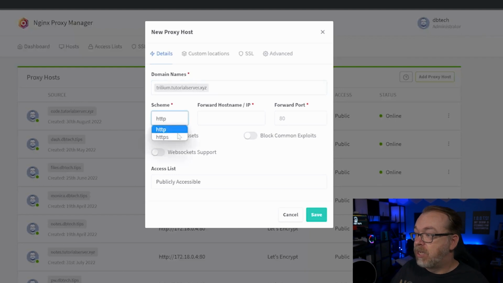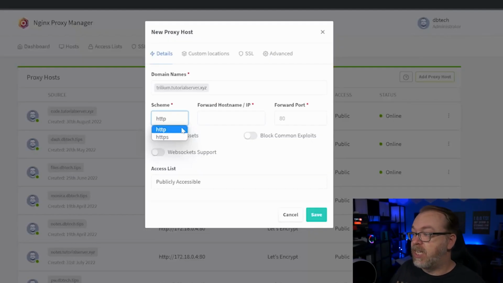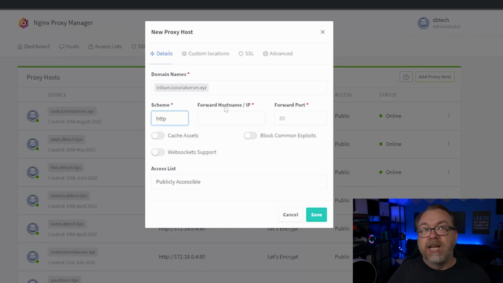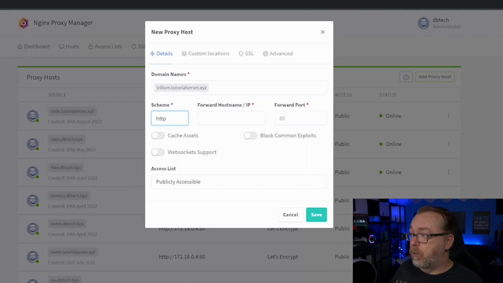Like if we drop this down, we can see we have two options there. But because this container does not have an SSL built into it, we're going to leave the scheme on HTTP. Our forward hostname/IP. Now, you might think that we would put our server's IP address in there, and in some cases you might be right, but because we actually have put all of our containers on a single Docker network,